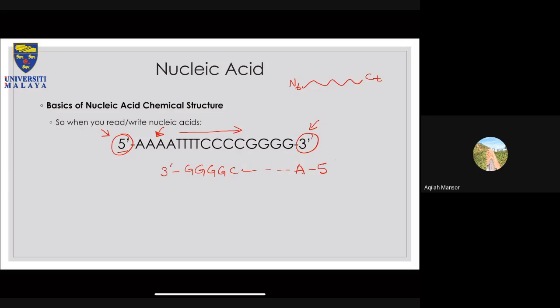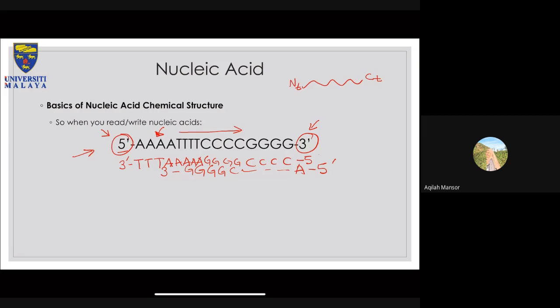Now, if you go back and relate to how DNA molecules are, I might ask you in the exam to write down the pair code of a DNA molecule from the given sequence. If the given sequence is like this, then of course what you need to write is something like that: G G G G and C C C C, and then 5 prime. Okay, so this is how we write it.